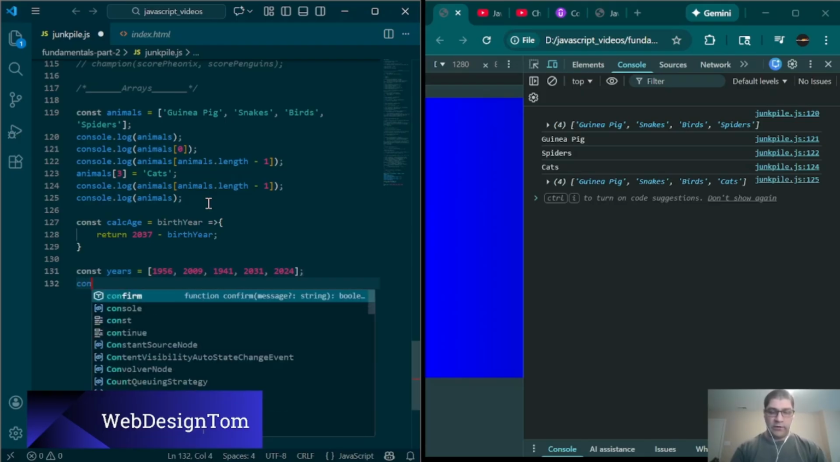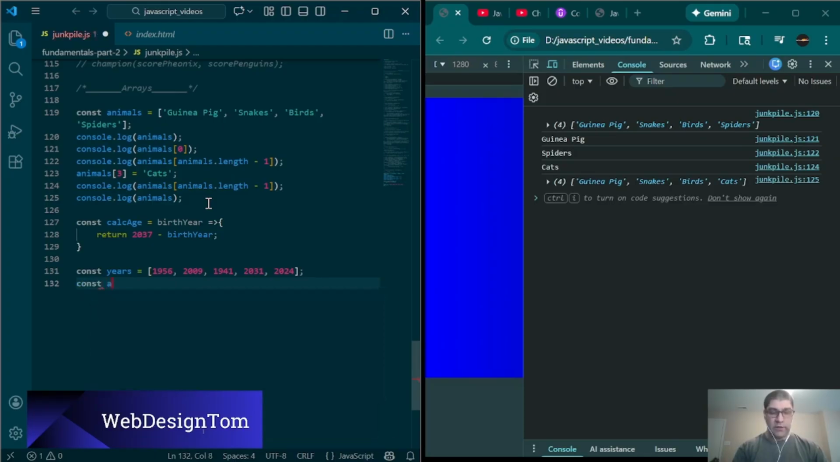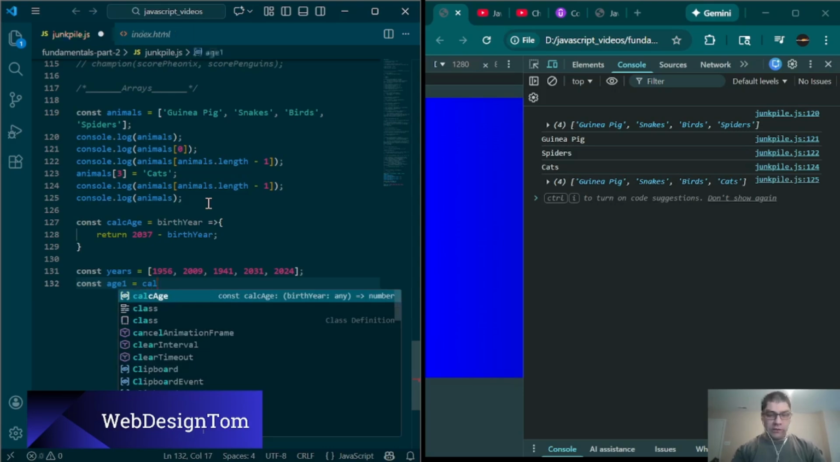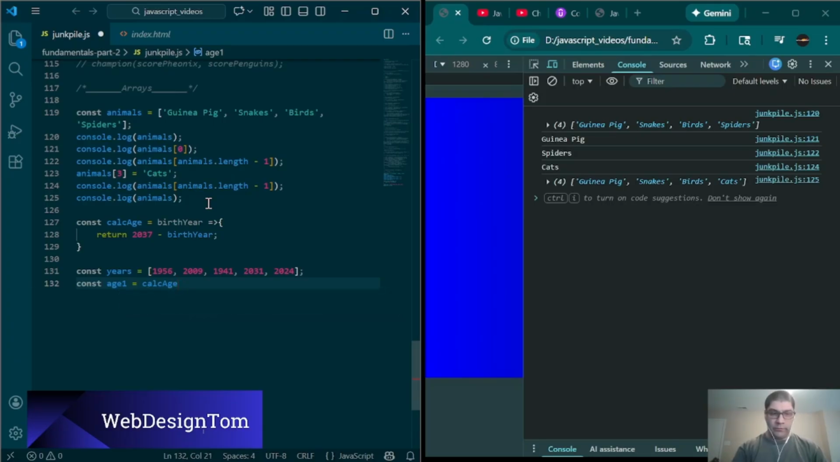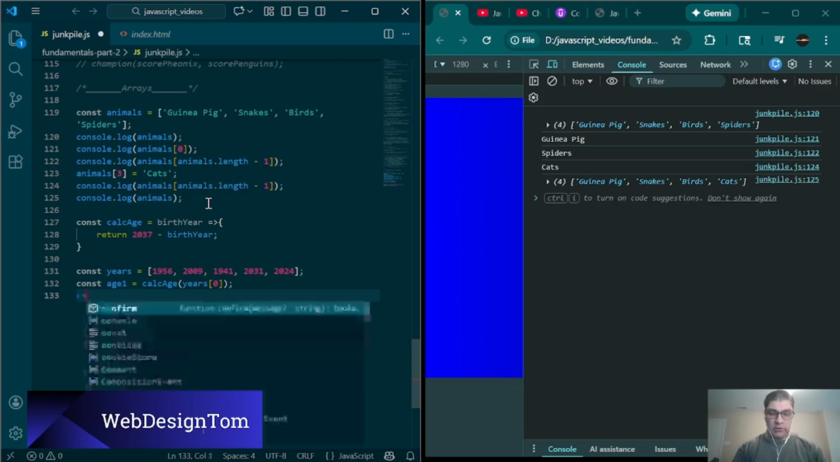So I think he did const age1 was equal to calc age and then you had to do years 0. Oops, 0, that's what it was. Yes, it's coming back. And then we'll say const